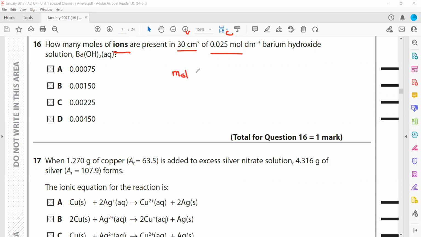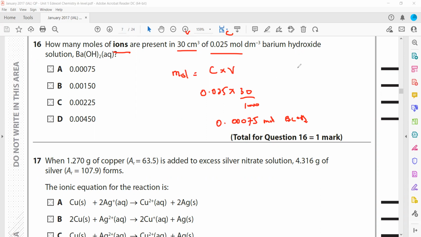So to get the moles, moles equal concentration times volume. The concentration is 0.025 times the volume, which is 30 divided by 1000. So it is 0.00075. These are the moles of barium hydroxide. But we need the moles of the ions. In the last session I took that as